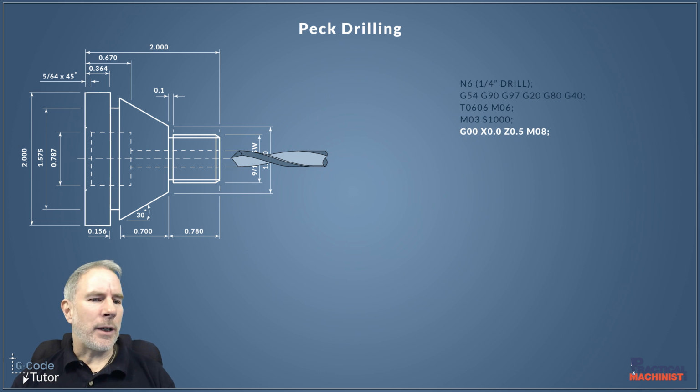Now the next line we're going to start moving around. We're going to start off with a rapid move, G00. Now we're bringing it down to the center line of the part, it's X0, and we're moving in 1/2 inch away from the front face of that part. So we've got plenty of clearance there as our tool is coming in. And I also turn on the coolant at this stage with M08, so those pumps will start up as the tool is moving into position. So hopefully by the time it's there, the coolant should have started coming out of the tool.